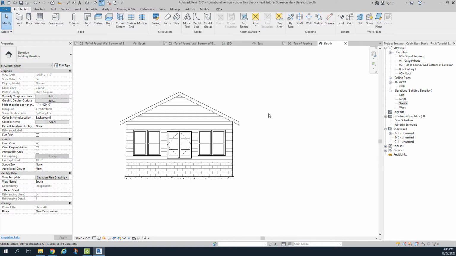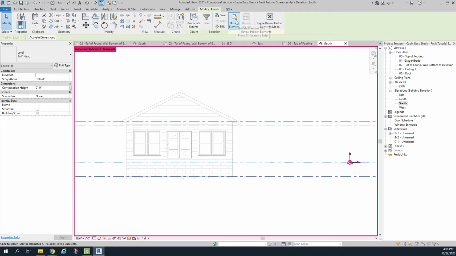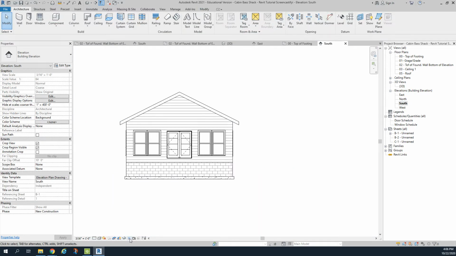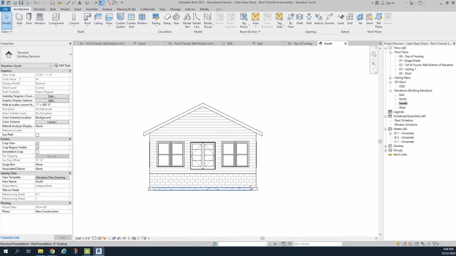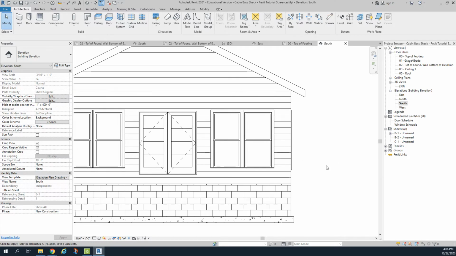We can always get the level lines back by clicking on the reveal hidden items. And here they're back, and I could simply grab these and select unhide. Not going to do that right now, but it's important that you know on the view toolbar, that's where you get them. All right, we're going to cheat a little bit here, and we're going to place these reference planes,